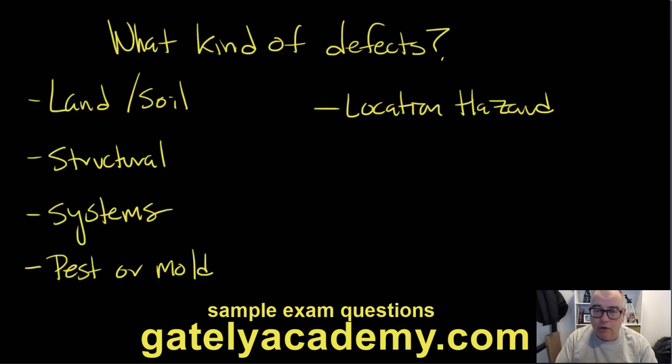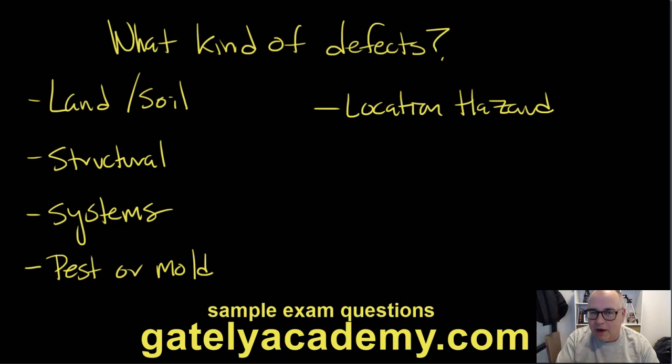Okay, so what categories could these defects fall into? Well, all of this on this page is prefaced on the fact that you might know it. So if you know it, any type of land or soil pollution or issue along those lines, you must disclose it. Structural issues. So, if the basement floods and you know it, you must disclose it. Simple. Systems. Air conditioning, electrical, heating, plumbing, all of those systems issues. If you know the air conditioning doesn't work, you must disclose it.